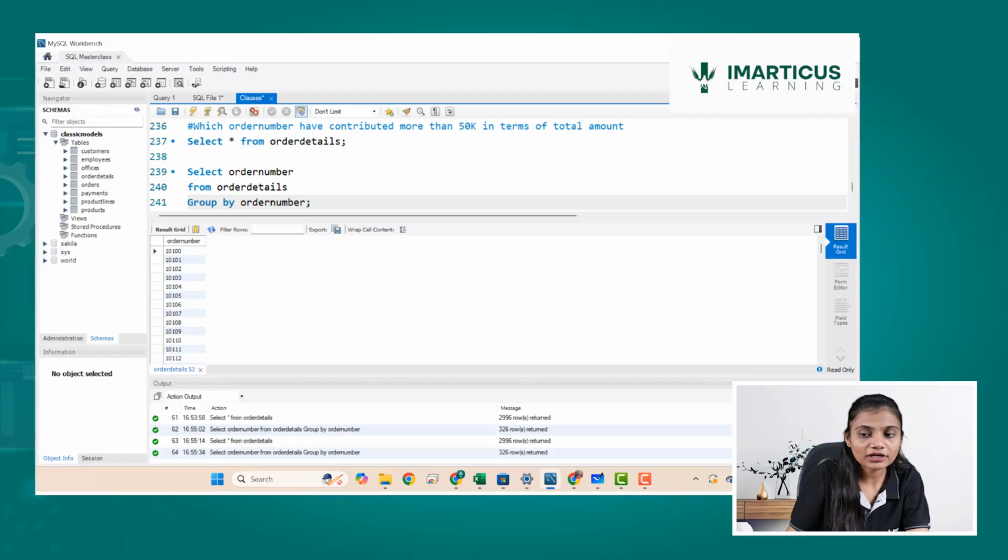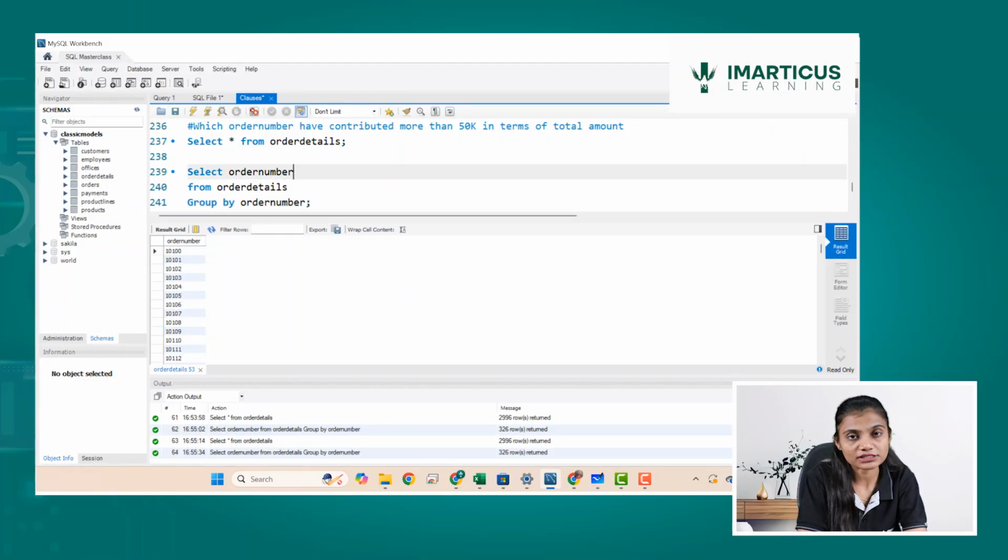Now I don't know how do I find out the total amount, but I do know for total amount I have quantity ordered and price each. Let's say one quantity was costing me 100 rupees. So if two quantities will be ordered, then how much it will be costing? 2 into 100, that is 200. If I order 10 quantities, so 10 into 100 is nothing but 1000. So I want to find out how much is the total amount. For that I have price each, which means price of each item, and how many quantities were ordered, that is nothing but quantity ordered and price each.